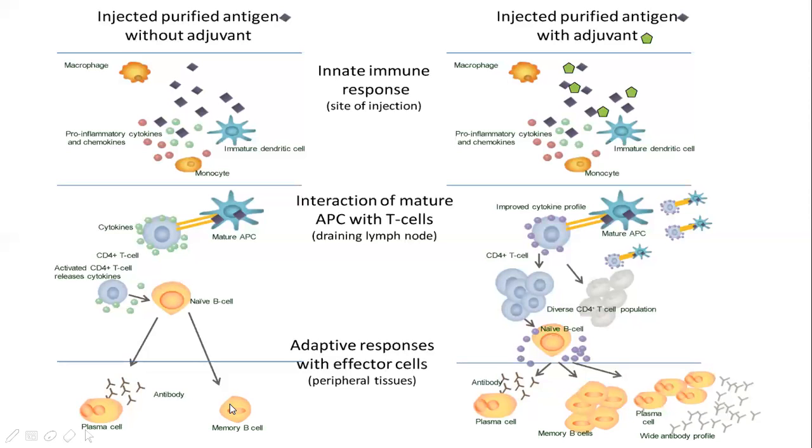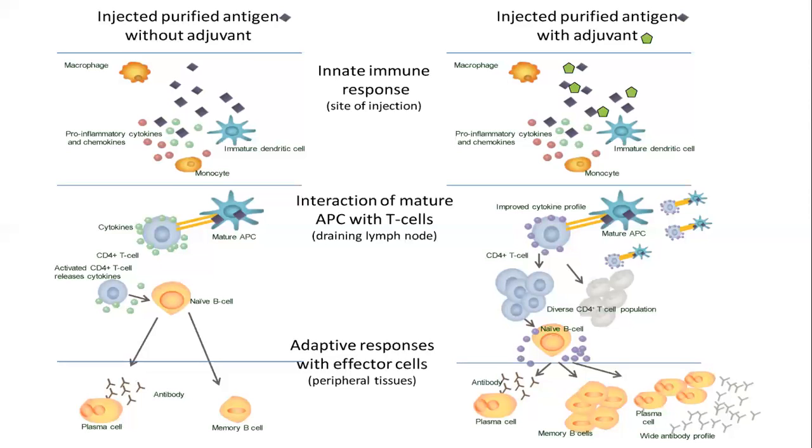But now here you can check. So this green color pentagon, these are the adjuvant, and this is the antigens. Now the antigen is mixed with the adjuvant and then administered in the form of a vaccine. So same thing, the innate immune response, innate immunity. So at the site of injection, the macrophages, the immature dendritic cells, the monocytes, they will come and create the similar condition